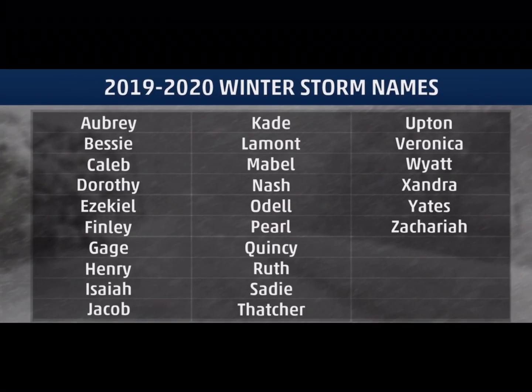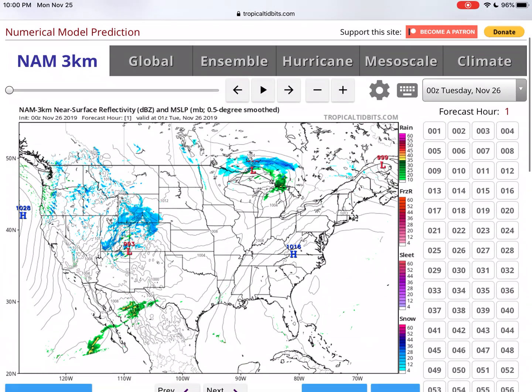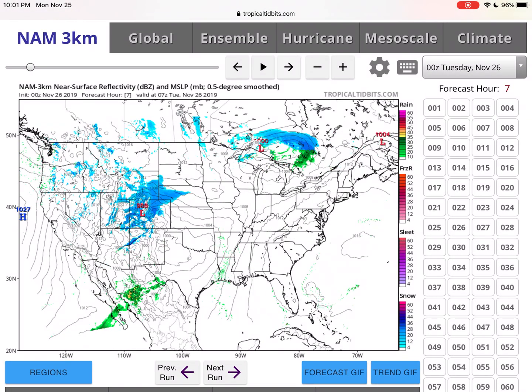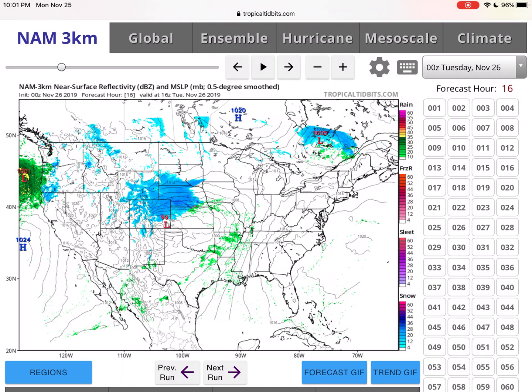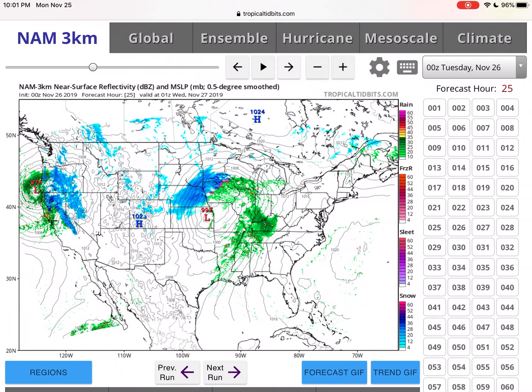Today we will be talking about Winter Storm Dorothy. So here's the NAM 3-kilometer model. Here's Dorothy right here. As we click along, you see Dorothy roll through the Rocky Mountains, dumping some powder for the start of skiing season. Then it pulls up a bunch of Gulf moisture